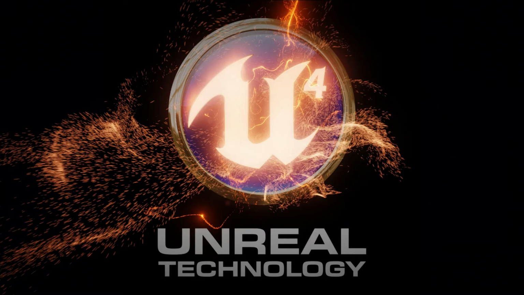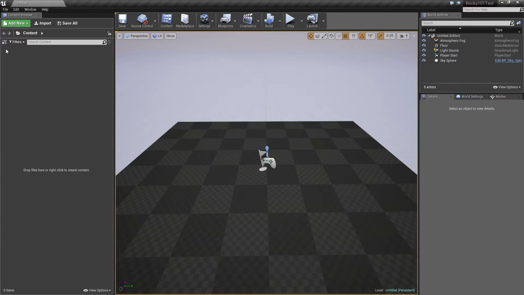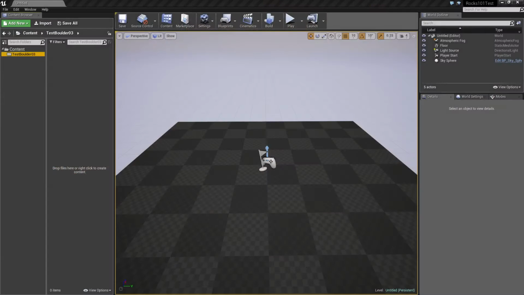Okay, so it popped up on the screen. And to begin with, let's create a folder for our little asset here. So I'm going to make a folder called test folder 03. Okay, so I'm going to start off by dragging in